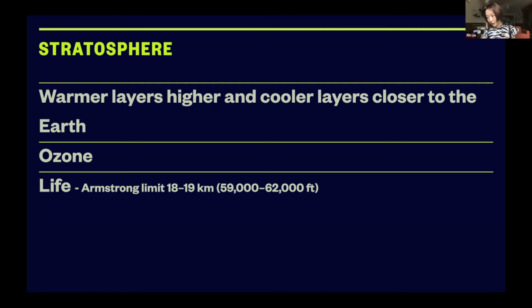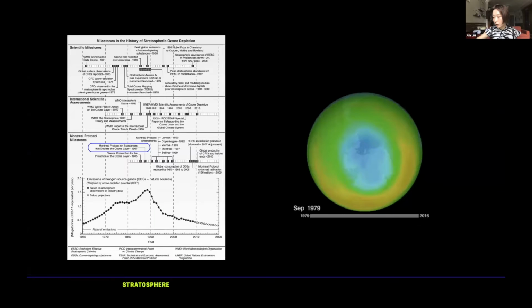So moving further, we enter the stratosphere, where the warmer layer is higher and the cooler layer is closer to the Earth because of the sun's ultraviolet radiation. So closer to the sun, the warmer the air becomes. And that's also where the ozone is. As we all know,